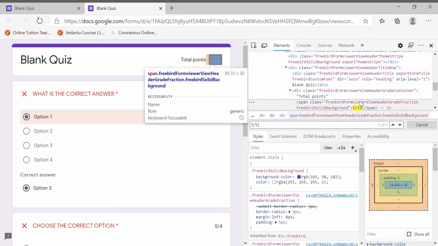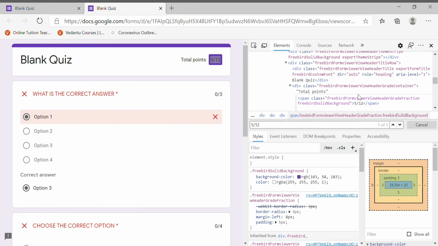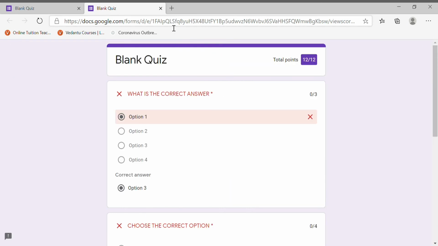Right click there and click on edit as HTML. Now whatever marks you want, like I am erasing 5 and I am writing 12. So I want 12 on 12. Now click anywhere and see, total points 12 and 12. So in this way you can change it on Google Form also.